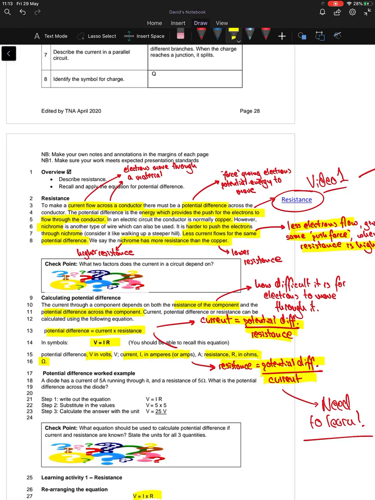So you can add those annotations to your notes, and when you've done that, pause the video, go look in the description below, and you will find a first video on resistance that I want you to pause